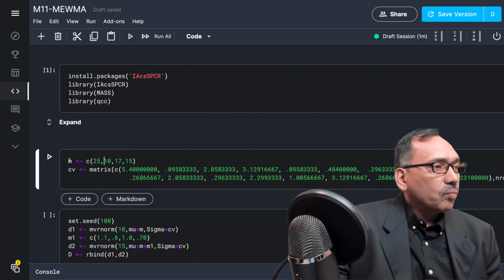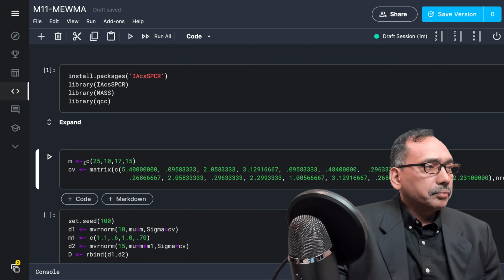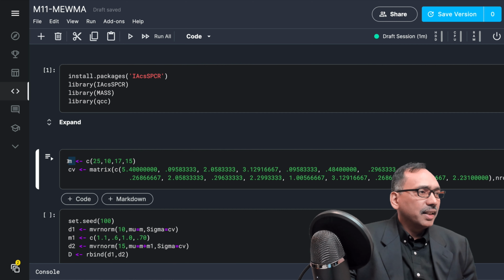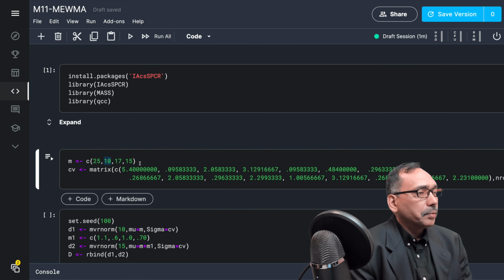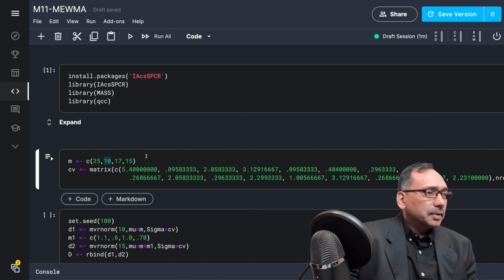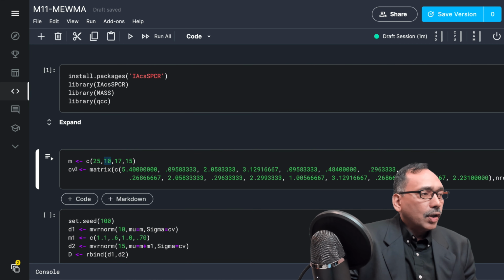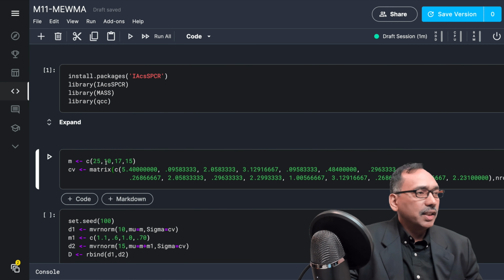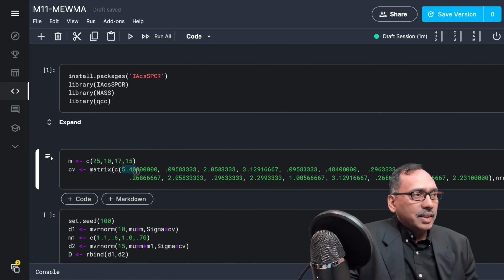Okay, so what I'm doing here is we are storing four means: 25, 10, 17, and 15. You can think of this as the mean for four different variables. And we are also defining a covariance matrix. This is made-up data. You can think of these as impurities or whatever characteristic comes to your mind. So we have created this covariance matrix by giving certain values.